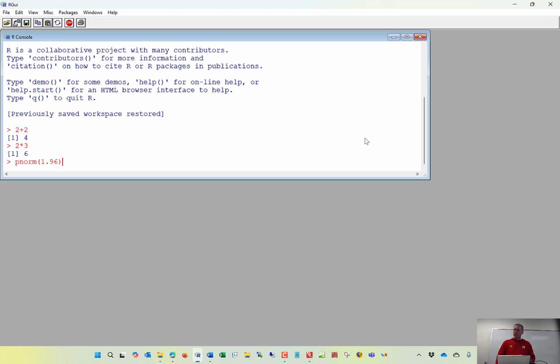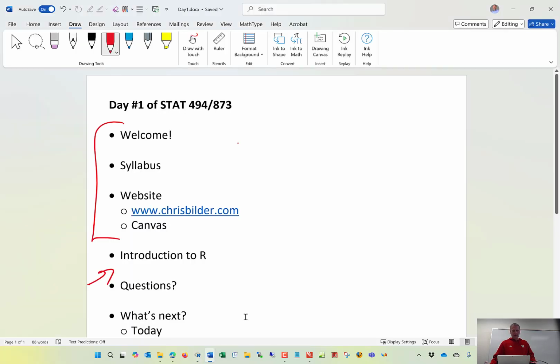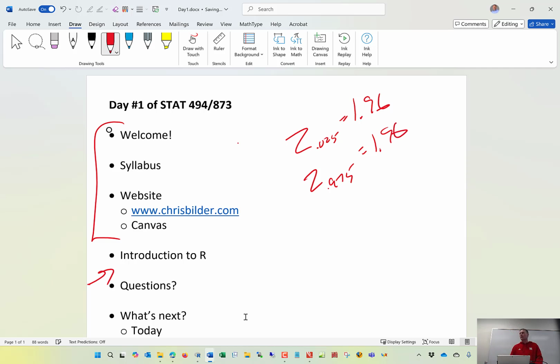And if I hit enter on 1.96, what do you think is going to happen? What's going to calculate? Do the integration in your head. I get 0.975. What that means is the probability that a standard normal random variable is to the left of 1.96 is 0.975. All of you should have seen this. Often the notation is this, z sub 0.025 is equal to 1.96, or depending upon the actual notation that's being used by a professor or a book,